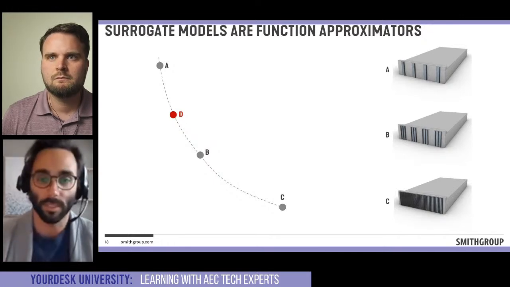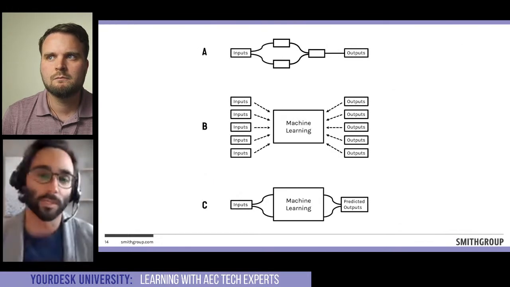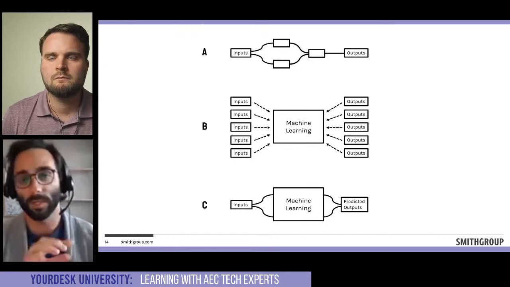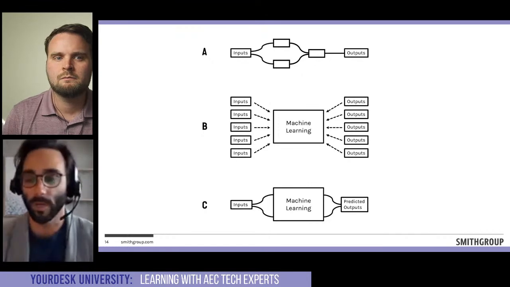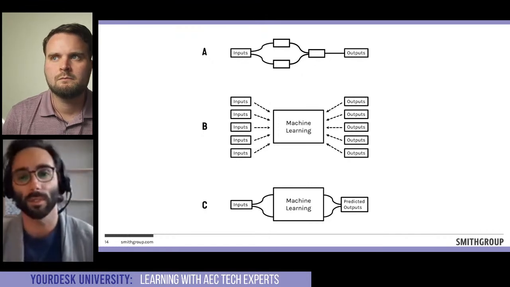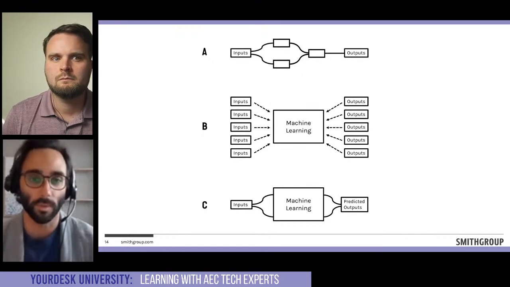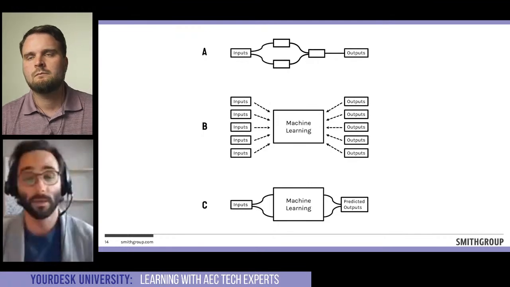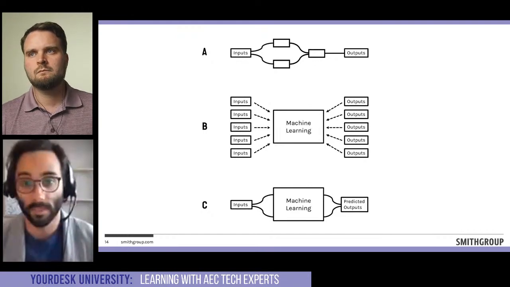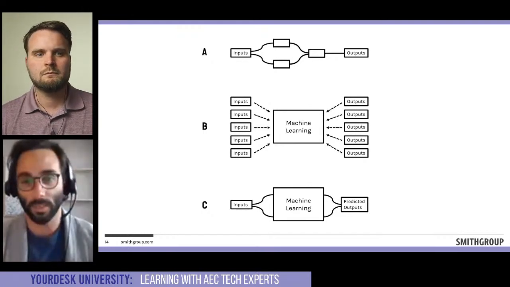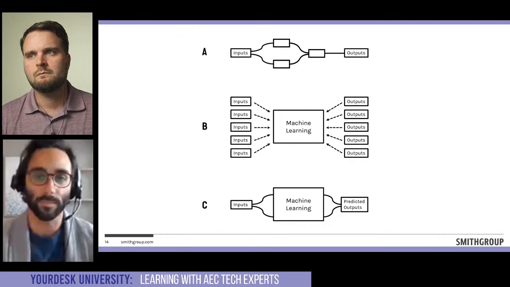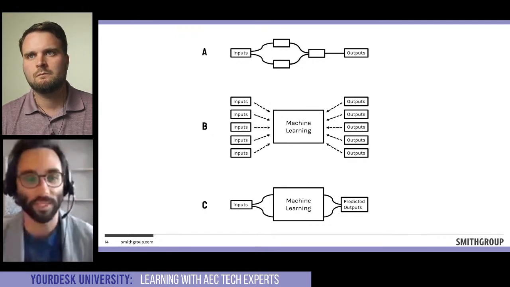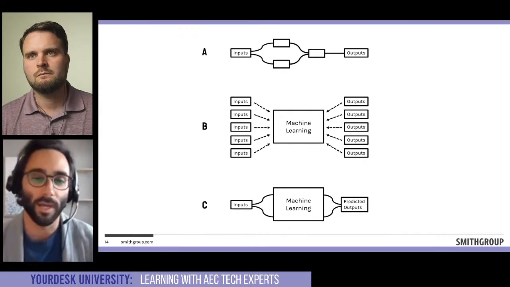And what's key about this, looking at this diagram, surrogates replace your parametric engine. So if option A at the top here, step one is to build a parametric script. This is especially useful for slow simulation workflows. So let's say it's an energy model or a daylighting analysis that takes 5 minutes, 5 hours. That's option A. So it takes 5 hours from these inputs. Here's my output. Well, let's say you run it on the cloud. You run it on 10 machines. You run it over the weekend, right? You now have a lot of